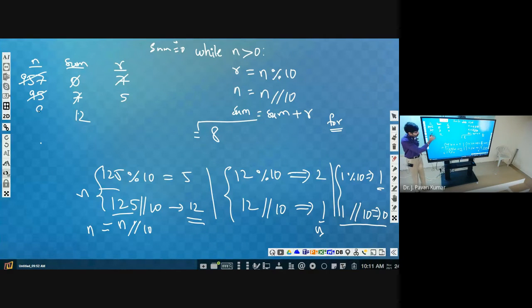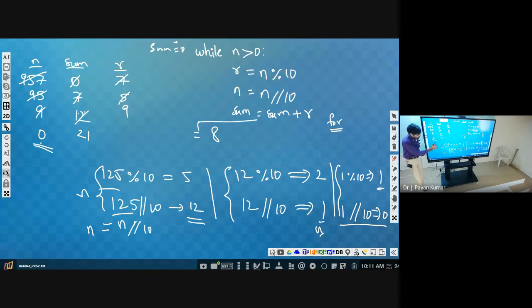Next, from this 95, 5 we have already got, so 9 only we have to consider. How can we get 9 out of 95? By dividing with 10, and we will consider the quotient. So 95 by 10, then 9 we will get, and 9 mod 10 means 9 only. Why? Because 9 is less than 10, so 9 only we will get. So the remainder is 9, that we will be adding to sum. So what will be the sum now? 21. Next, as we did by 10 each time, here also we will divide by 10. 9 by 10 will be 0.